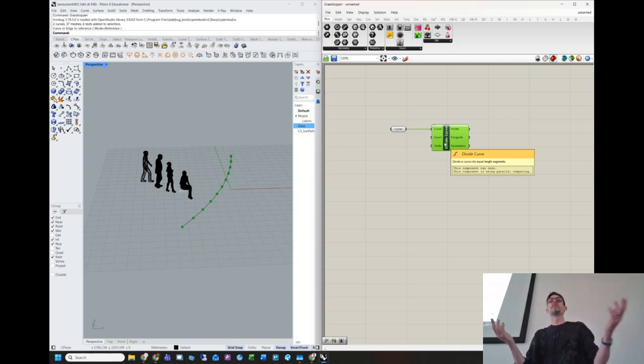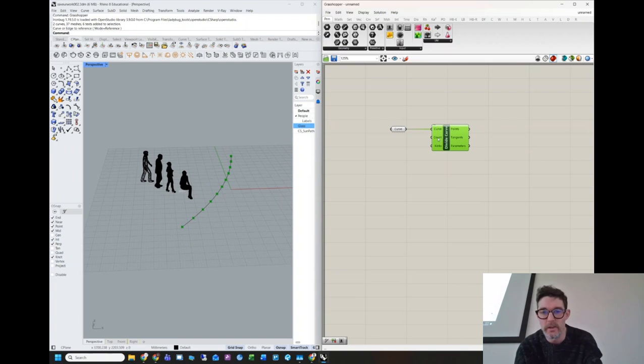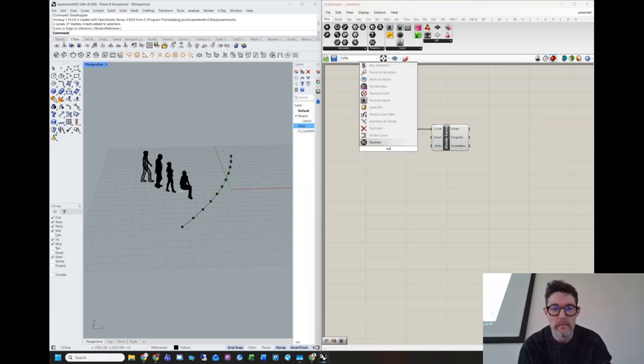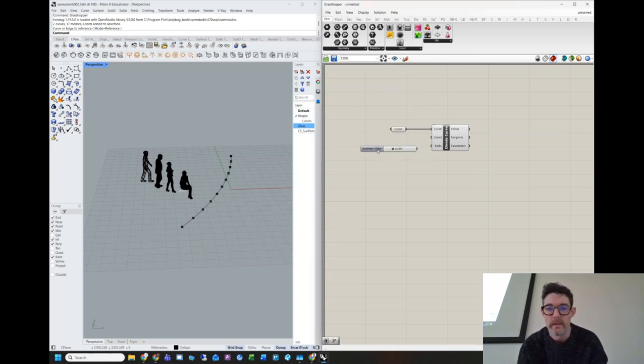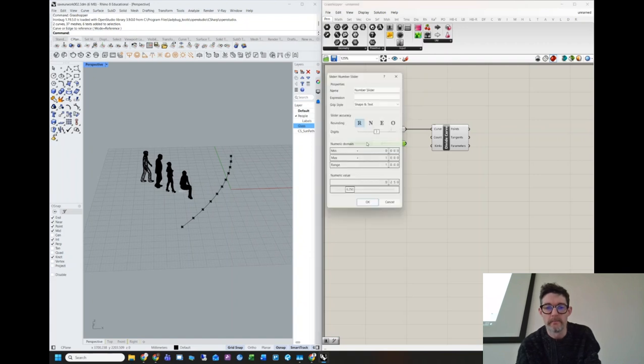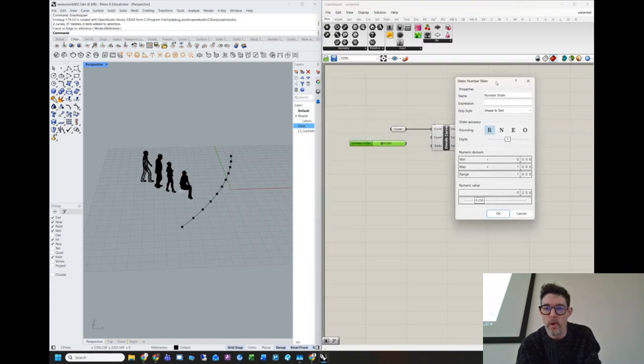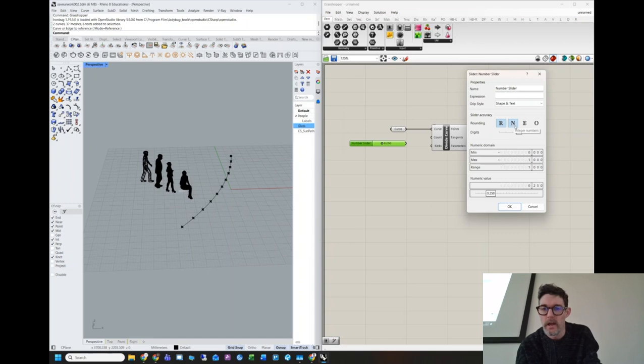So it doesn't know until you tell it how many segments to divide your curve into. But what you can do is type in number slider. Number sliders are cool because I can double click on the thing that says number slider and then set up a few options. So for example, I'm going to do